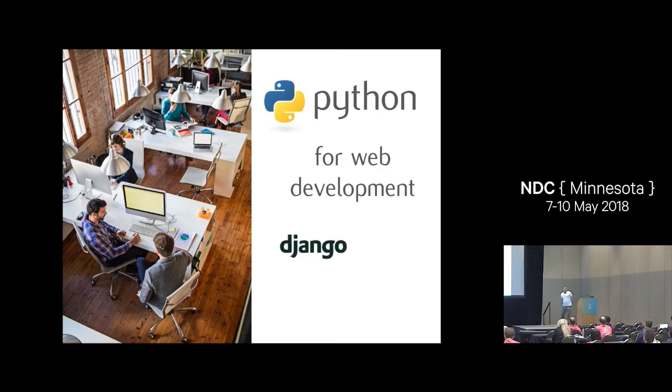Tools like Django, which you may have heard of, that came out of, I think, a newspaper like The Guardian or something like that, something in the UK, if I've got the story right. And this lets you stand up a really powerful website with admin backends and connections to databases and all that stuff, just pretty much like that. You run one command, it kind of spits out a framework, and then you start to modify that to suit your needs. It's more sophisticated than I just made it out to be, but that's a good description of how